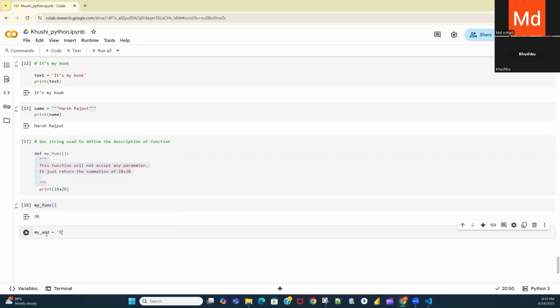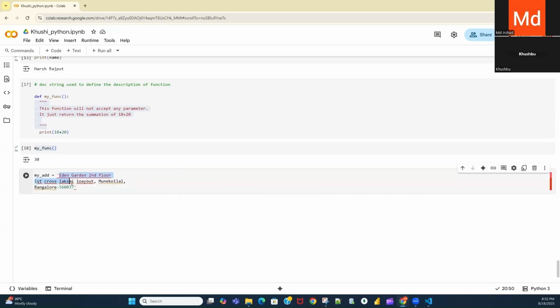For example, Eden Garden, second floor, first cross, Lakshmi layout, Munnekolala, Bangalore, 560003. Let's say this is my address and this is the value.